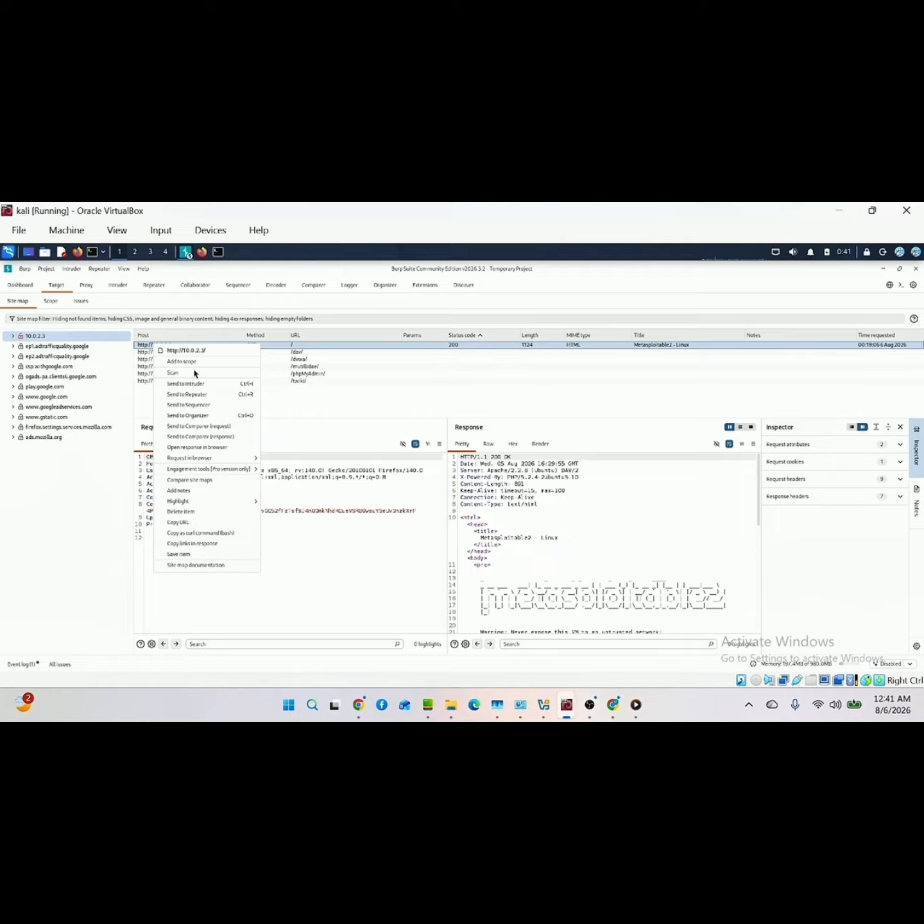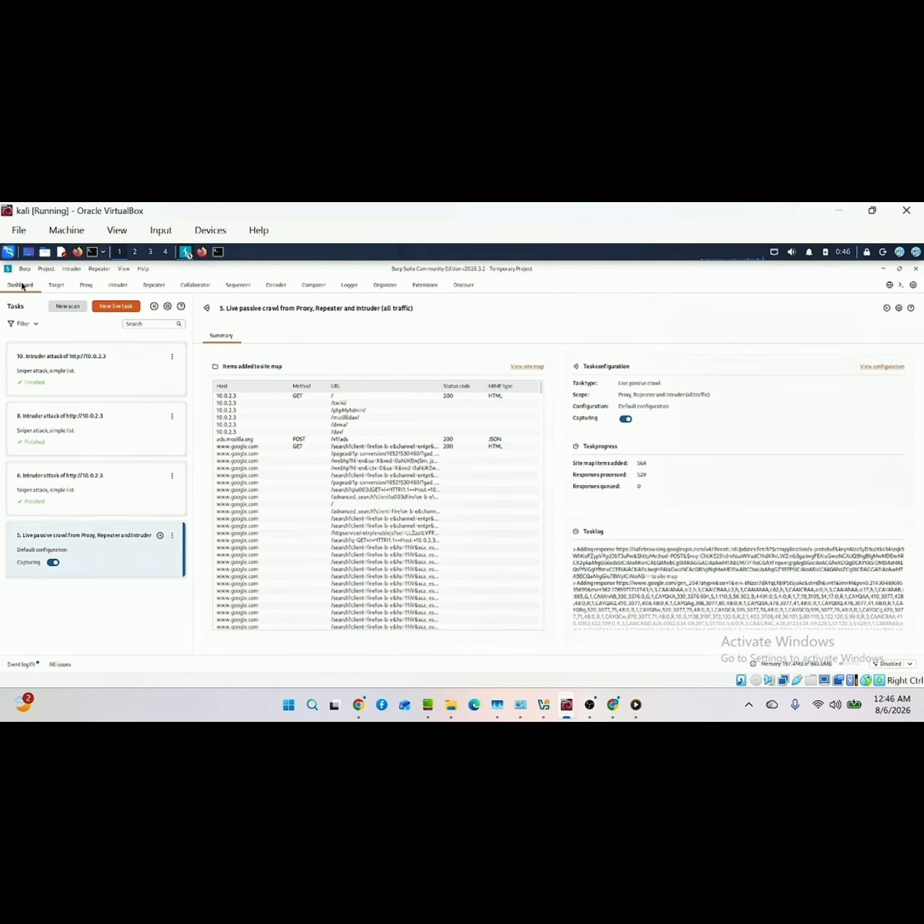But just like I said, we cannot do it here, because for you to make use of this scan in BurpSuite, you have to use the paid version. So let's now move to the Dashboard. You come up here and click on the Dashboard tab. This panel shows active tasks, event logs, and the issue activity table listing every single thing discovered during the automated scanning. This tab monitors the progress and inspects any security issues flagged